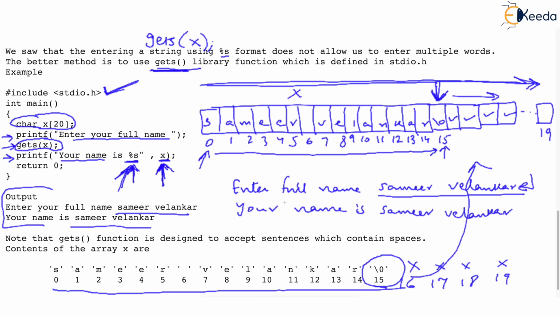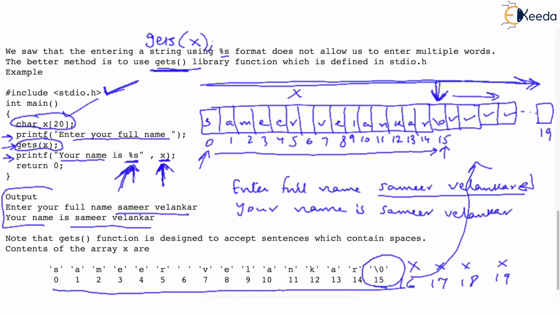So what have you got from this discussion? You have learned again how to declare an array. You know how to declare sentences. Check my words. A full name is nothing but a sentence. Come on, it contains spaces. So if I want to enter a sentence such as "I am a boy", let's say, and I want to store it in an array, then don't use scanf, you will use gets. So that "I am a boy" will be stored including spaces.